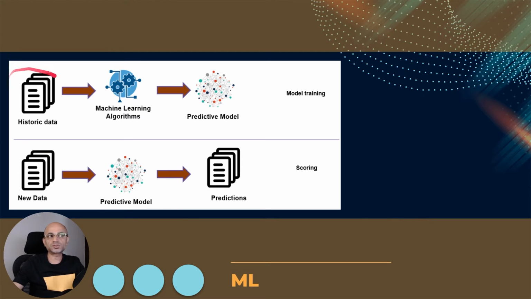So we have some historic data that we use to build a model using some machine learning algorithms. This portion is called model training. This is an offline step where we build a model before we deploy the model for a real-time use case. Once we build that model for a particular use case, like hand gestures in this demo, we use that model in real time to predict things.